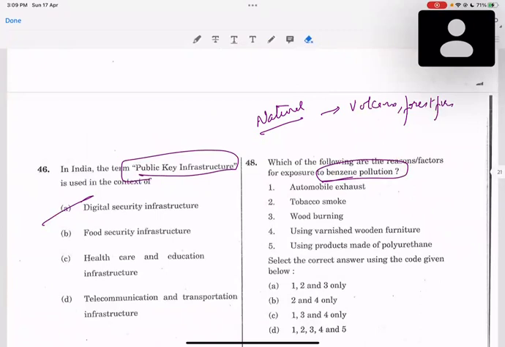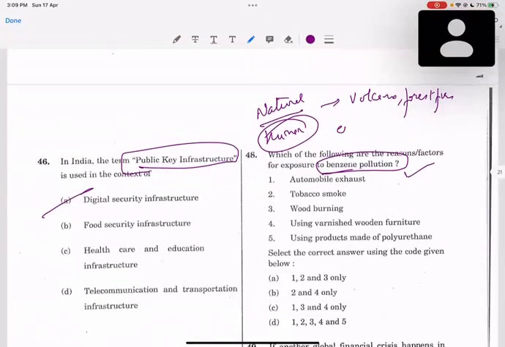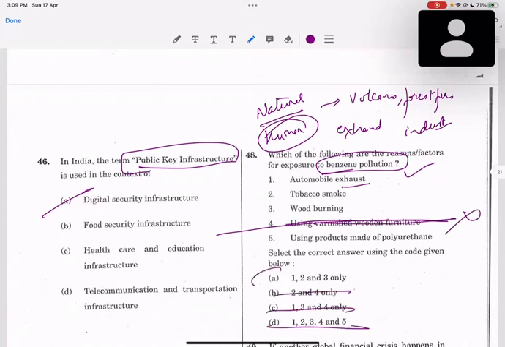And also human activity based sources, they are automobile exhaust, yes, automobile exhaust. Then industries, yes, from industries they are released. Alright, using varnish, option 4 and feature, that is definitely wrong. Option 4 is wrong, so definitely through this also you can attempt, because varnish doesn't release the